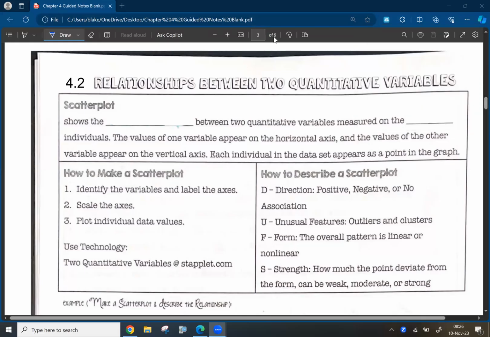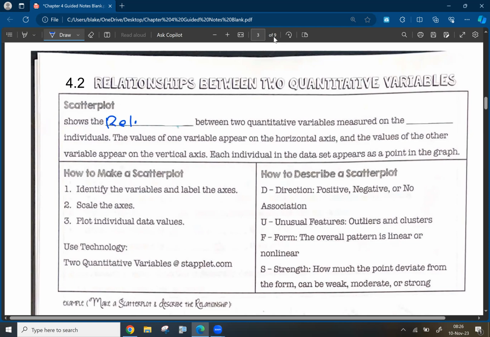Hello, folks. Welcome to 4.2, relationships between two quantitative variables. So last time we talked about two categorical variables. Now we're going to talk about two quantitative variables. And the big thing when it comes to quantitative variables, or two of them, is scatter plots. So the scatter plot shows the relationship